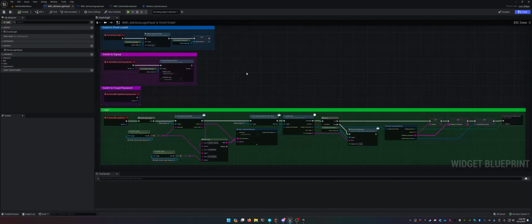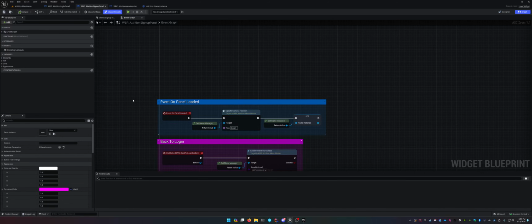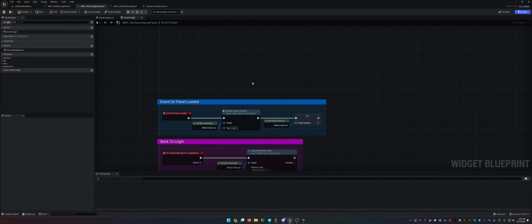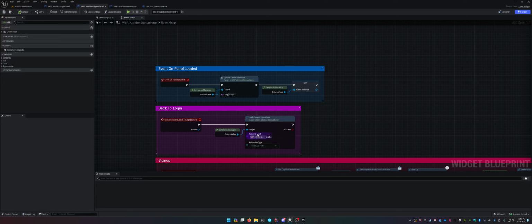Let's head over to sign up now. Sign up works very similar. So if I come in a graph, same thing on the panel loaded. We're going to stick with the login screen. We're not actually changing our camera position. Our back to login button, which is our back button, is just loading content from class, loading the login panel. This is how you can switch between login and sign up here. And then our sign up